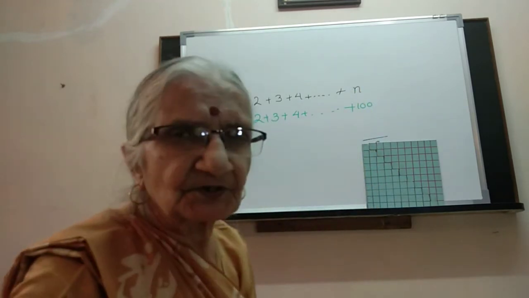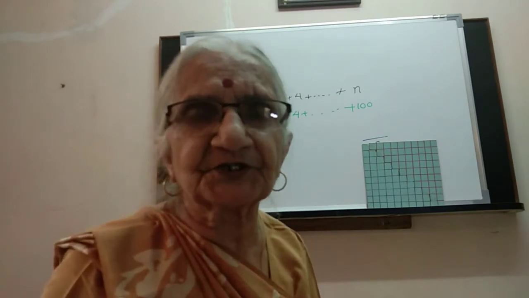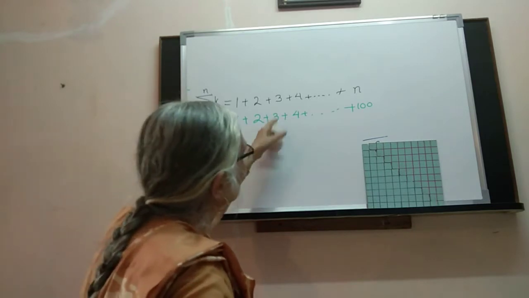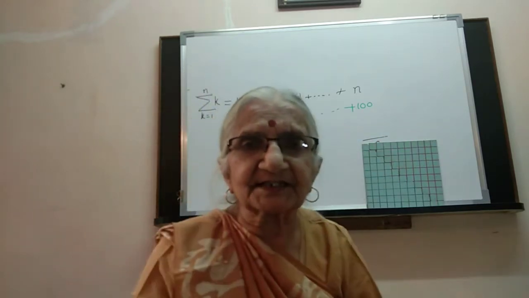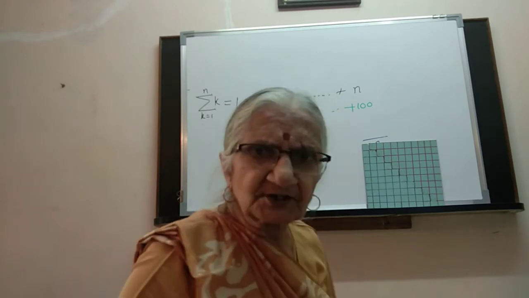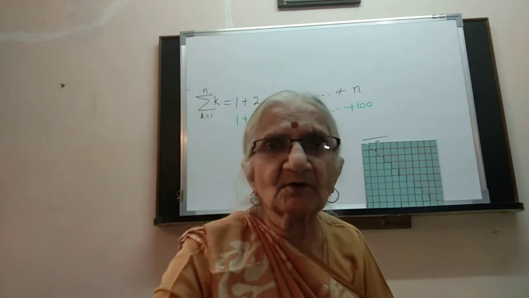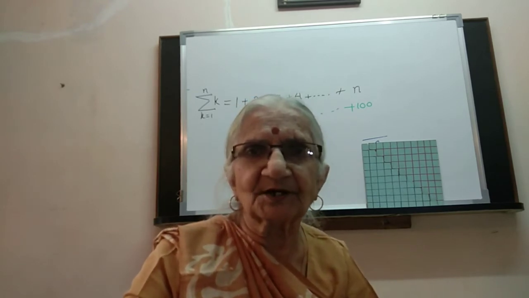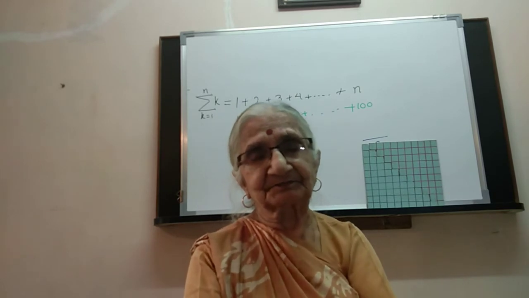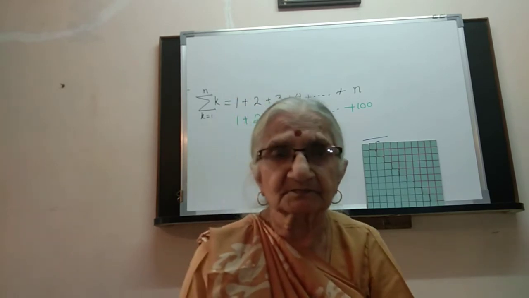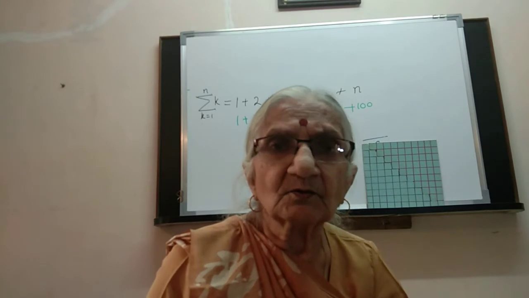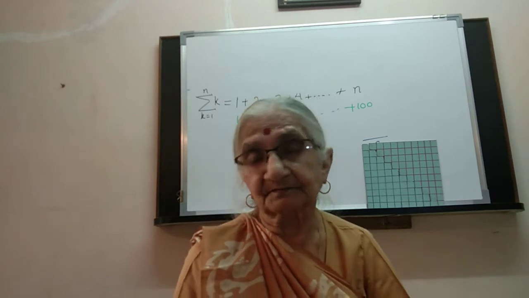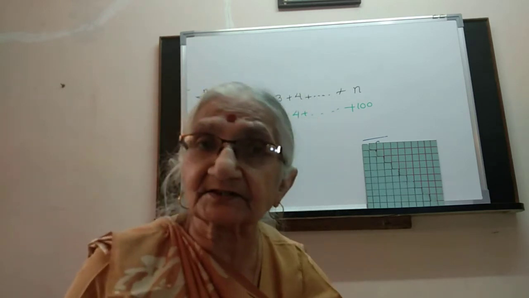Now the teacher was cocksure that they were going to take ages to finish all this. Some of them started right away, 1 plus 2 is 3 and 3 is 4 and so on. And the teacher started doing his own work. In a short time the teacher looked up and there was this Mr. Gauss, 7 or 8 years old little boy, sitting like this with his slate turned upside down. The teacher asked, why are you not doing anything? Sir, I finished. Finished? Let me see. He showed he had the correct answer.